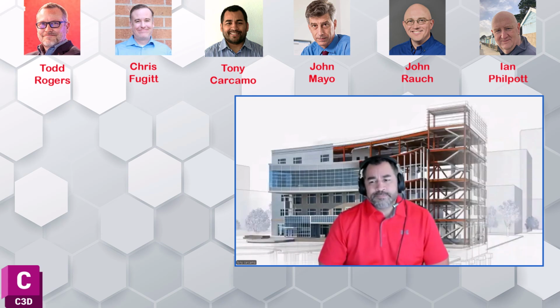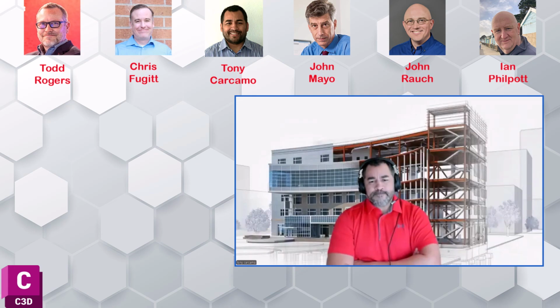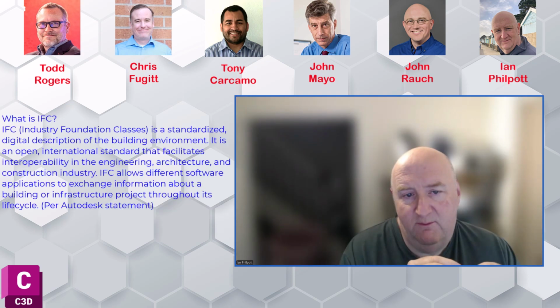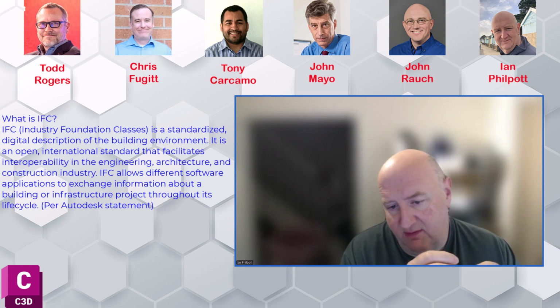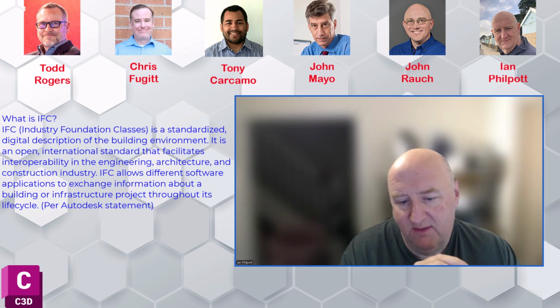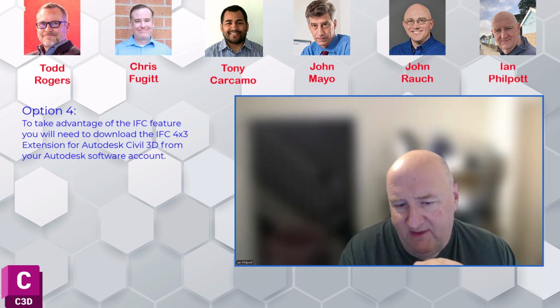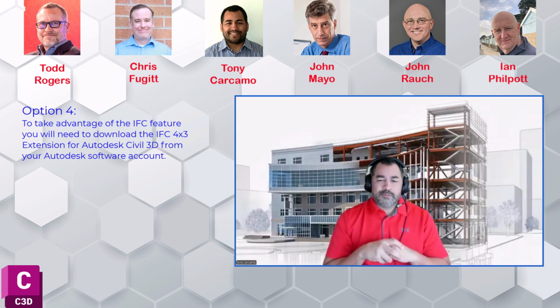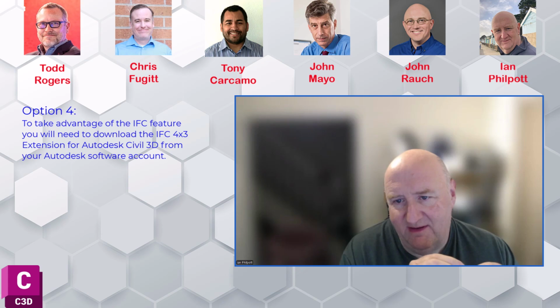The other interesting one is if you just want to share the information, they can pick on it, but you don't want people to modify it. That's IFC 4x3. That gives you a pretty good rendition of what's in Civil that you can bring into Revit, no problem. The great thing also means that if the Civil guys own the pipes, the Revit guys aren't actually able to modify it. So they can reference it, attach to it, but can't modify it. That might work for your workflow as well.